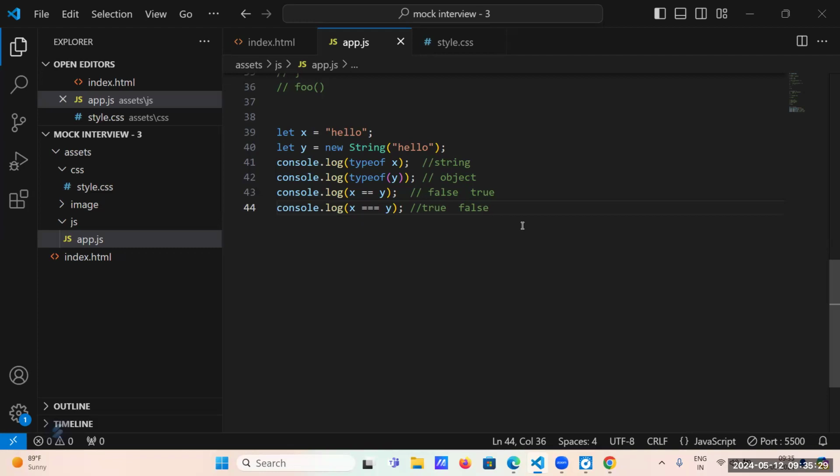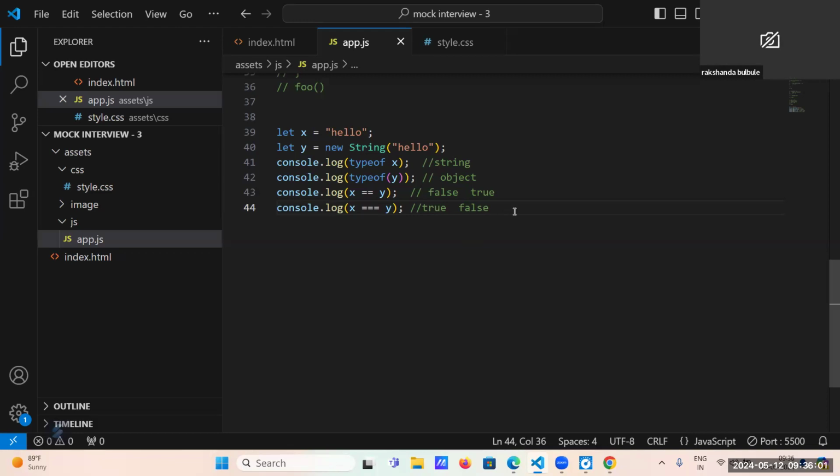So we declare some variables, right? Those variables will have some type, and these types are divided into some categories. Can you explain to me the types of data that we have? Sorry, sir. The data types in JavaScript. Yeah, there are two types of data types, primitive and non-primitive.